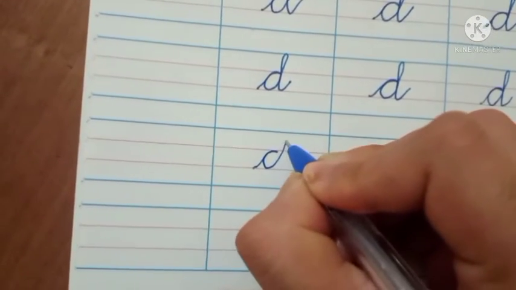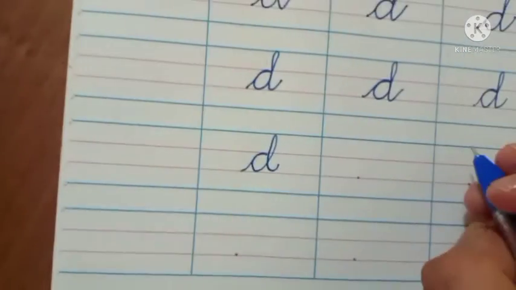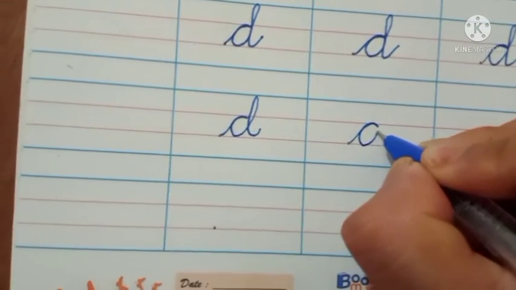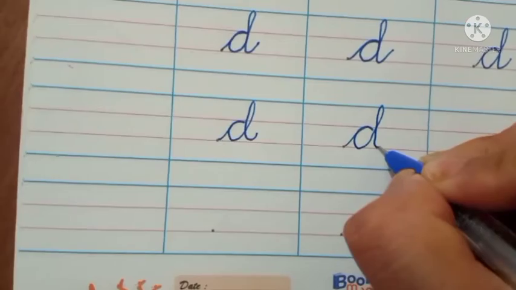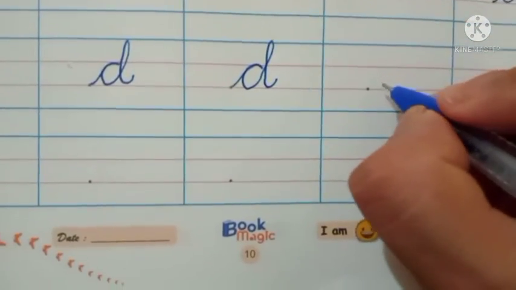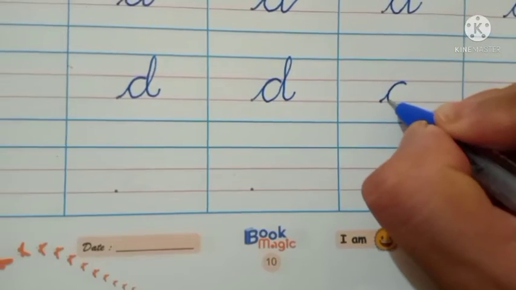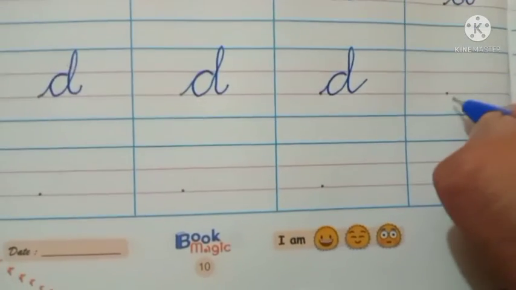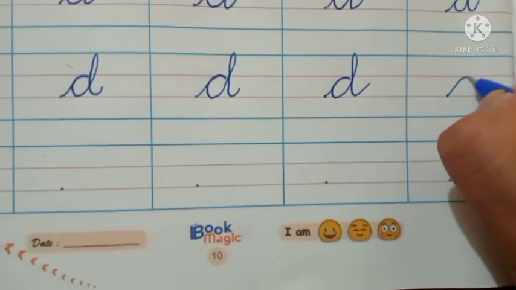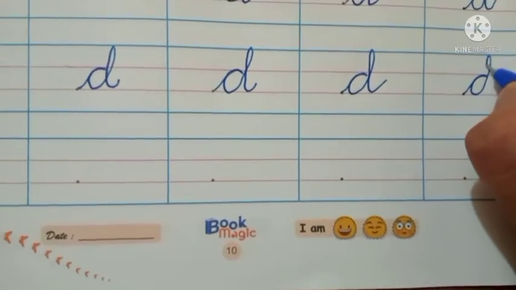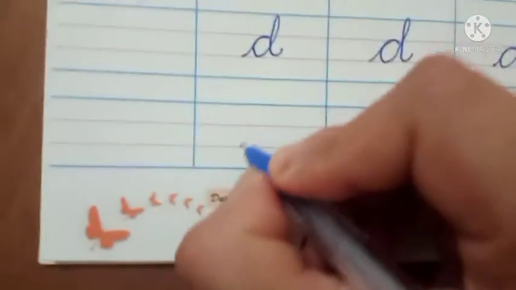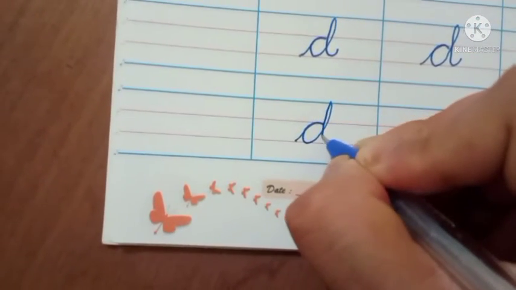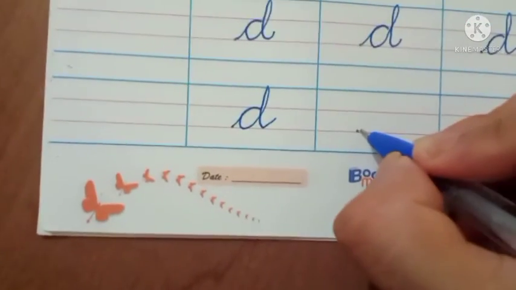Now I want all of you to see. Watch me carefully. So like this. This is letter D. We are doing D for dog.